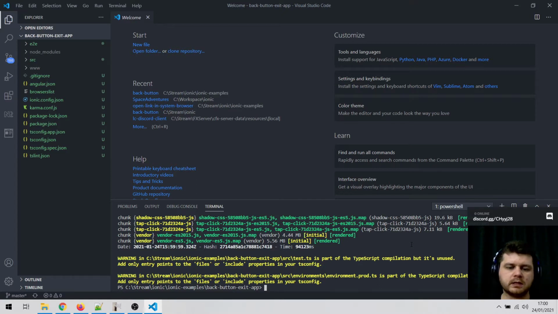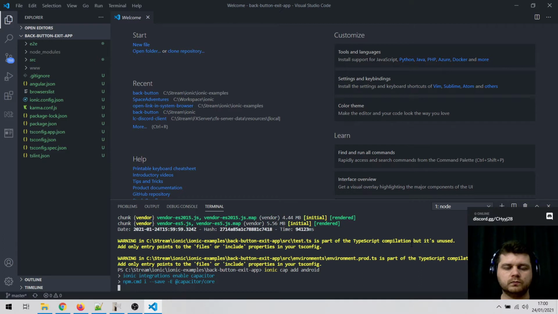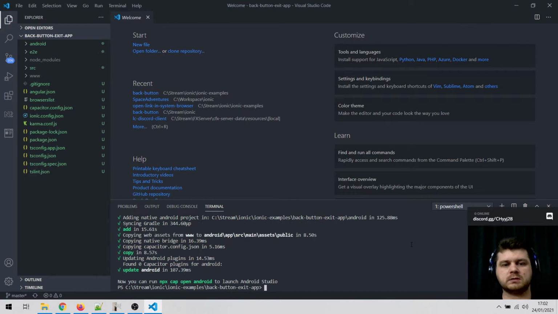So now it's time to add Android platform to my project. So let's call Ionic capacitor add Android. This operation takes about a minute, so you should be patient. Android platform was added to my project successfully, so now we are ready to open it in Android Studio and then to run it in emulator. So let's call Ionic capacitor run Android,